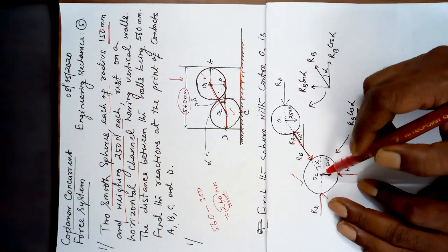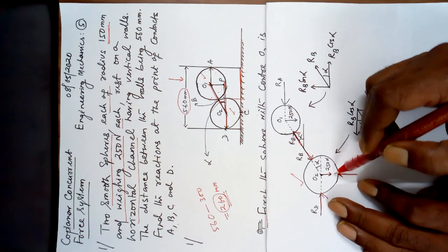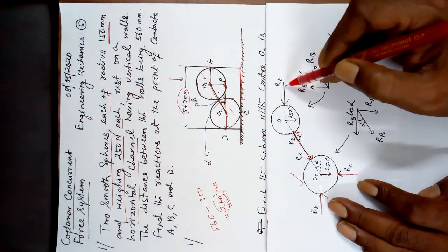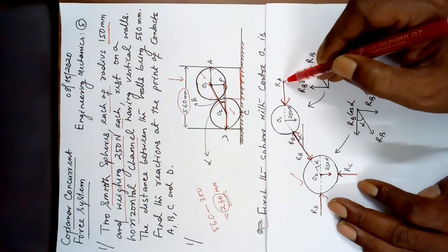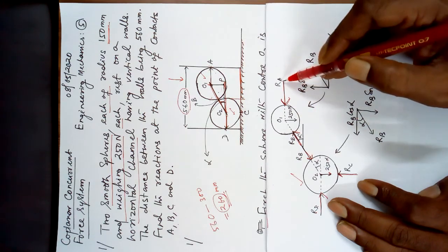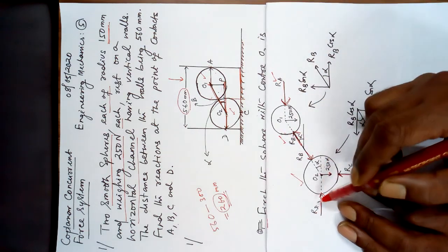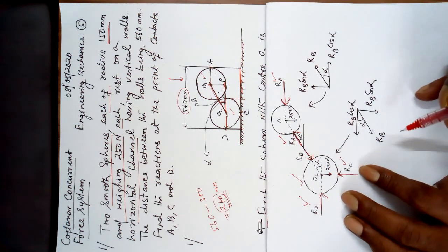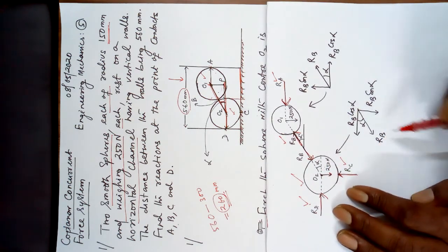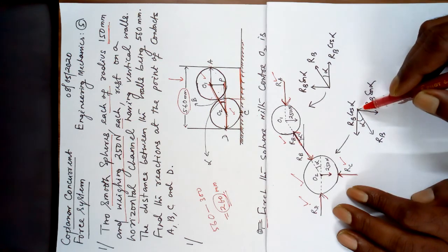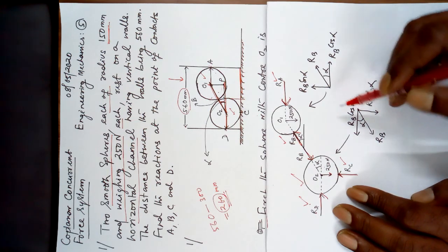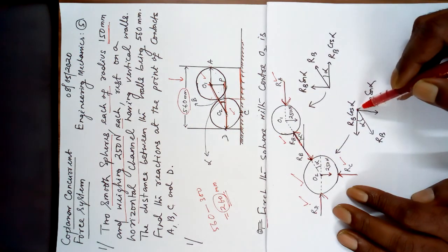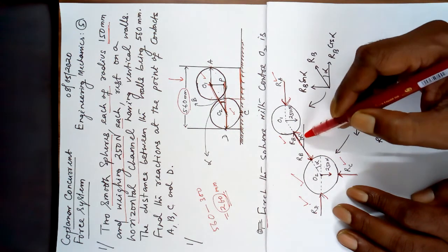Now this is 250 Newton downward, and at this point of contact the wall is providing a reaction force RA because of the action force. So one reaction force, second reaction force, third reaction force, fourth reaction force. Now look, for this diagram, this point is the same as this point of contact.